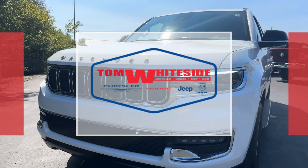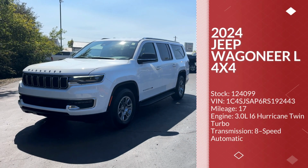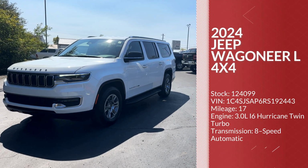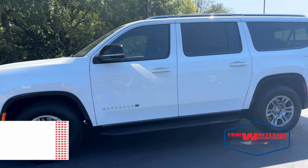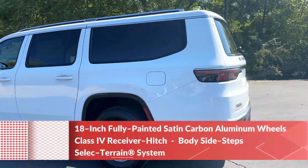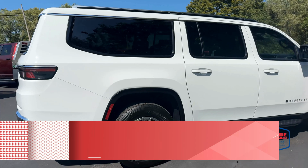Today we're looking at the 2024 Jeep Wagoneer L 4x4 finished in bright white. Under the hood you'll find a powerful Hurricane twin-turbo engine paired with an 8-speed automatic transmission. For handling and performance, it comes equipped with select terrain system, track lock anti-spin rear differential, and single-speed on-demand transfer